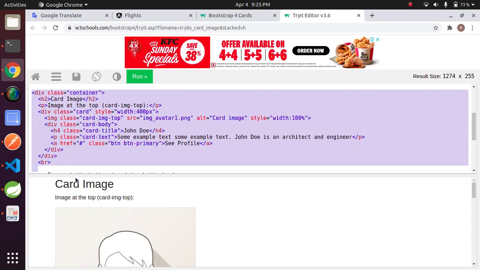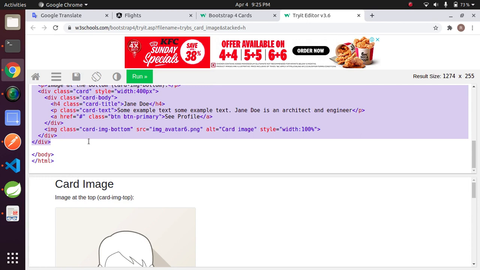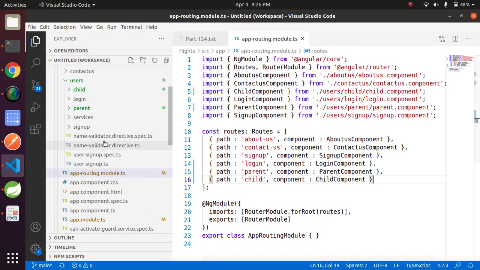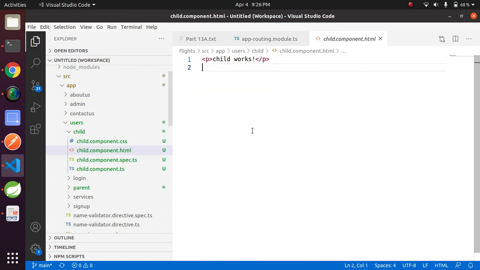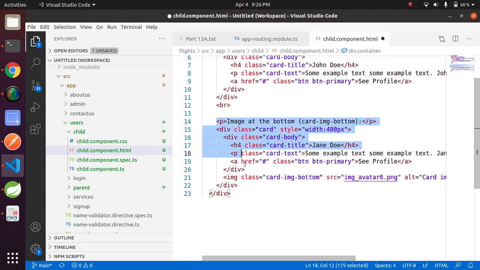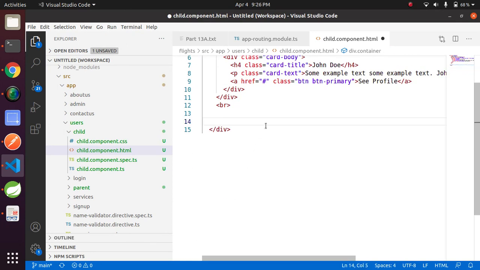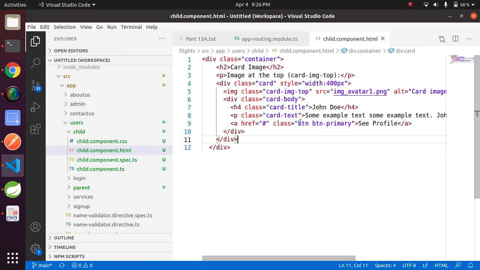Let me copy this into the child component HTML. Removing this part, we will add only one card here. Remove this.